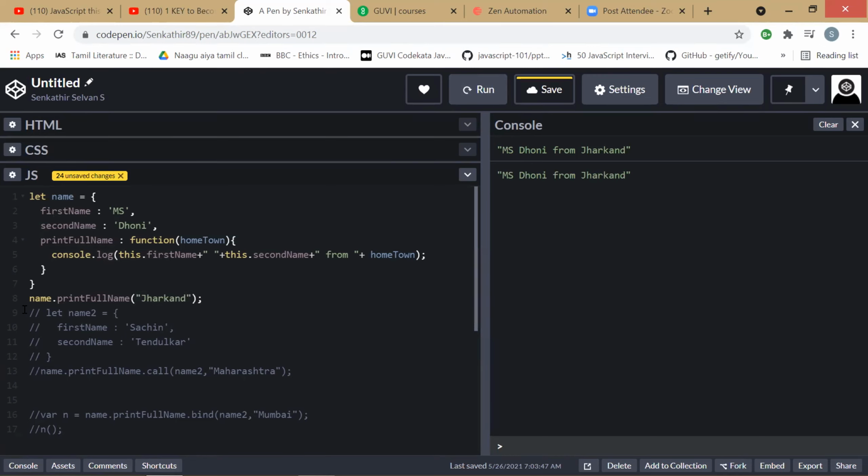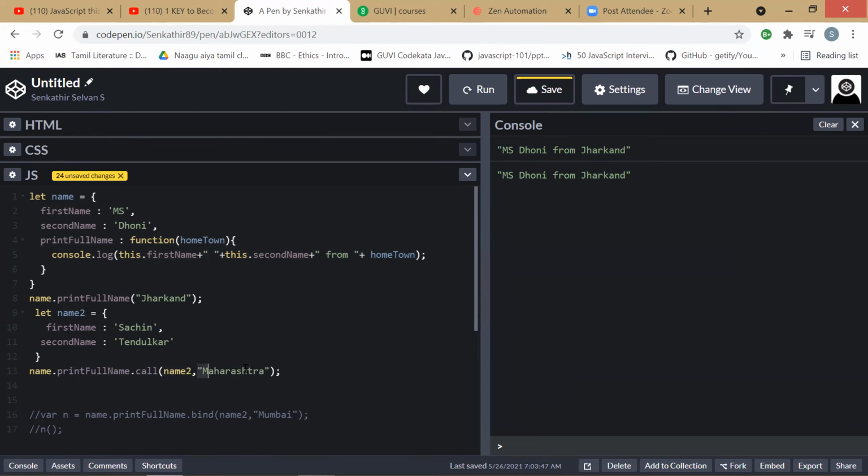Similarly, we are creating a second object. In the second object, we are giving the first name as Sachin and second name as Tendulkar. Now we want to use this function, printFullName, here. Instead of using this function here itself, what we can use is the call method. Here we are calling this, and we are giving the name of the second object as reference.